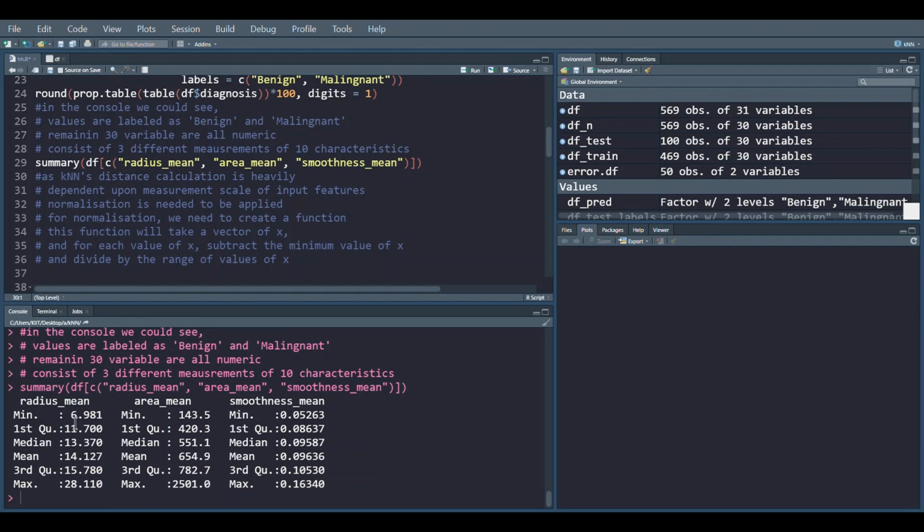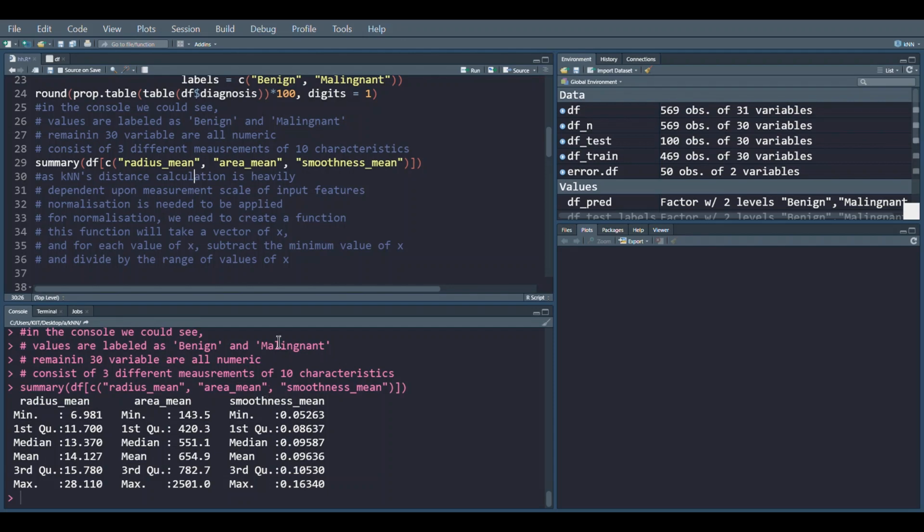One thing you can see here is that the minimum value under radius mean is 6.9 something and the maximum is 28, while under the area column the minimum is 143 and the maximum is 2501. This could be a potential problem while applying the KNN algorithm, as the algorithm is totally based upon distance. So all the values have to be scaled. Otherwise, when we plot the data, it could create a problem for us.